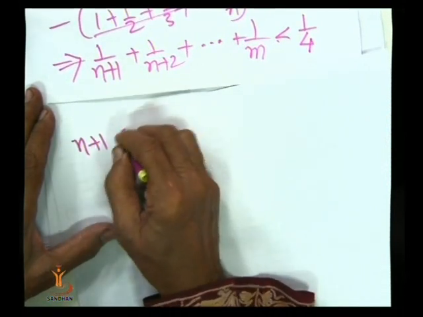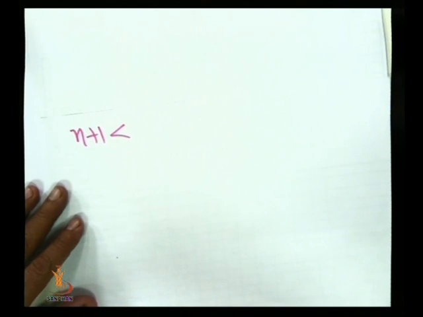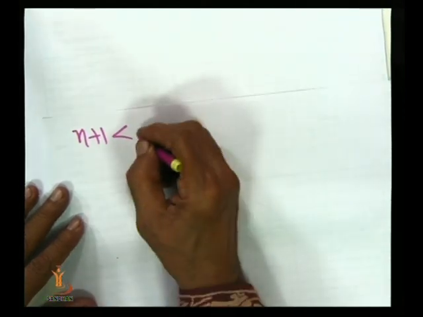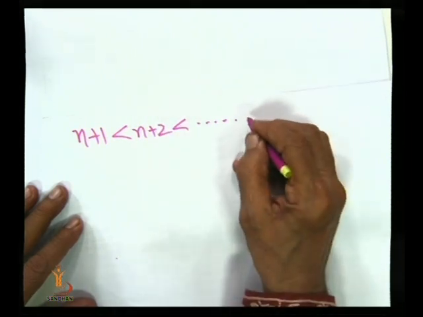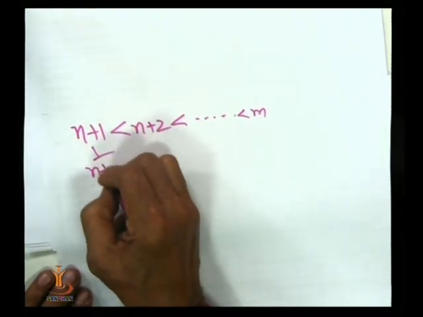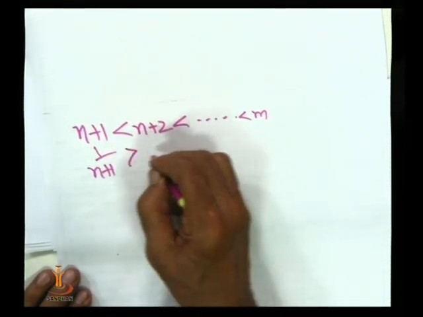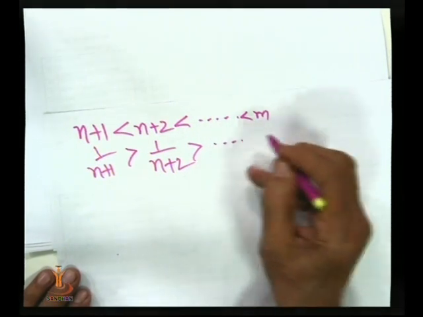But we know that n plus 1 is less than n plus 2 and so on up to m. So 1 upon n plus 1 is greater than 1 upon n plus 2, greater than and so on, greater